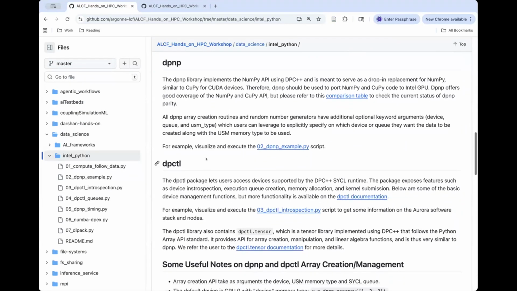Now going into these three packages, the first one is DPNP. Again, this is really an extension of NumPy using DPC++ so that you can perform NumPy on Intel GPUs. So very similar to CuPy. And so if you're coming from an NVIDIA system and you were using CuPy, then this would really be your first line of porting by effectively doing a drop-in replacement of what you were doing in CuPy or in NumPy